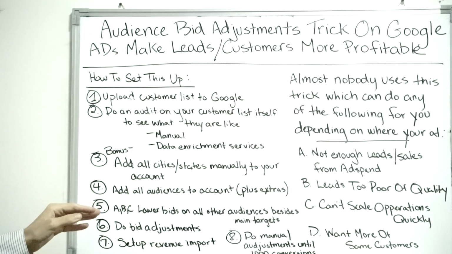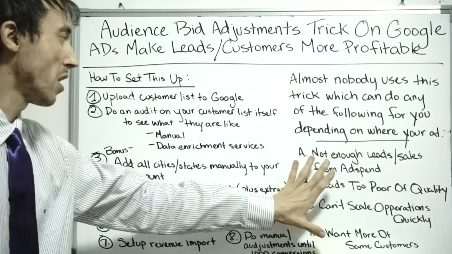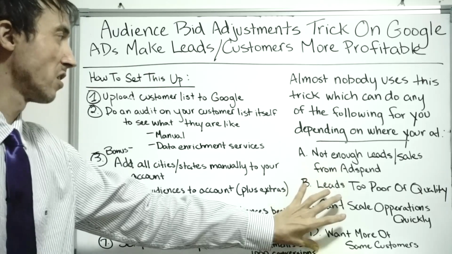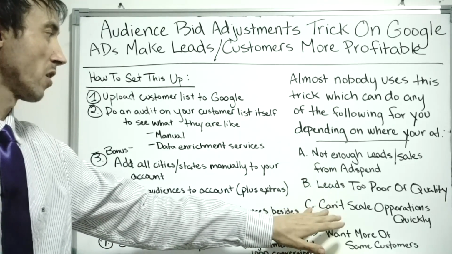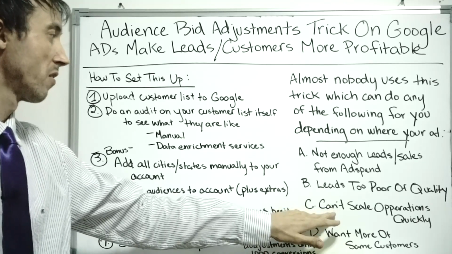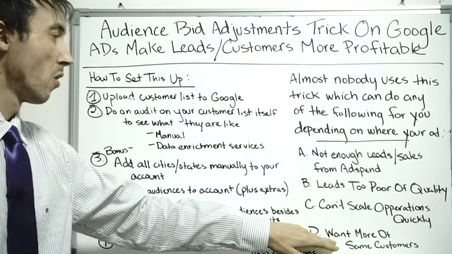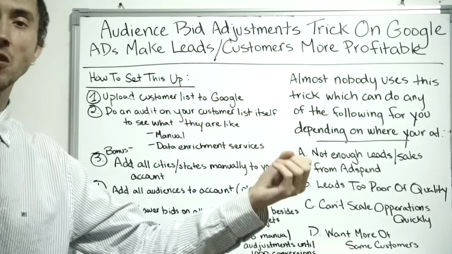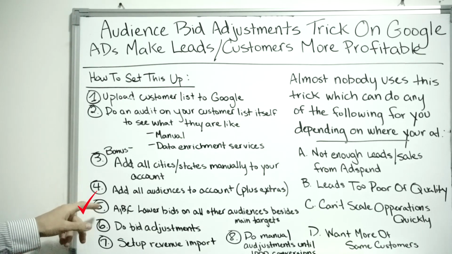And then once you're in position to do that, you're in position to get more leads for the same cost, get a better quality lead, get a lead or customer that's going to be worth more, that you could charge more money to or sell more stuff to, or just more customers in general at the same level of ROI that you're getting now. I skipped number 3, I'll come back to that.